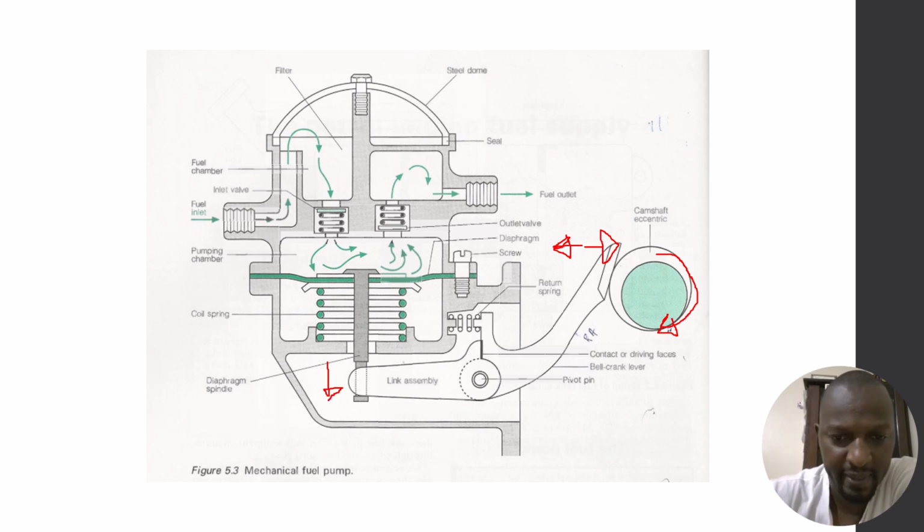There. So as the engine rotates, it rotates with it the camshaft here. This camshaft then causes the bell crank lever to move in and out, and that mechanism is relayed to the link assembly on this face here. These are two links, one on the left and the other on the right, and this forces this link to